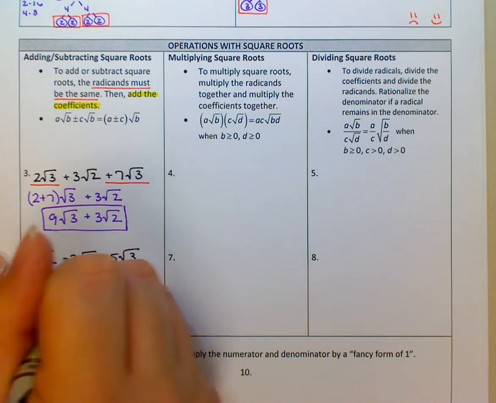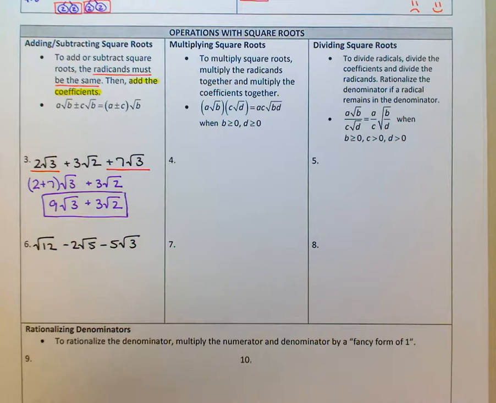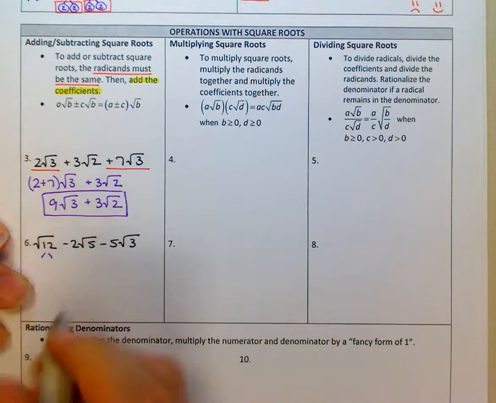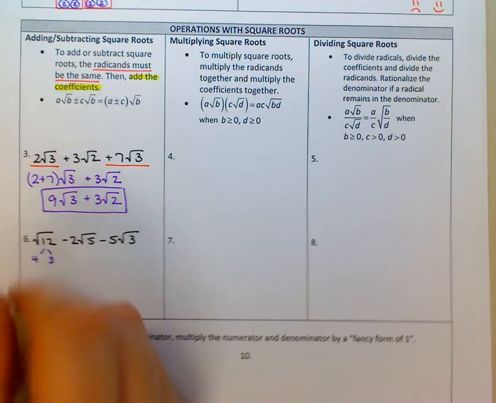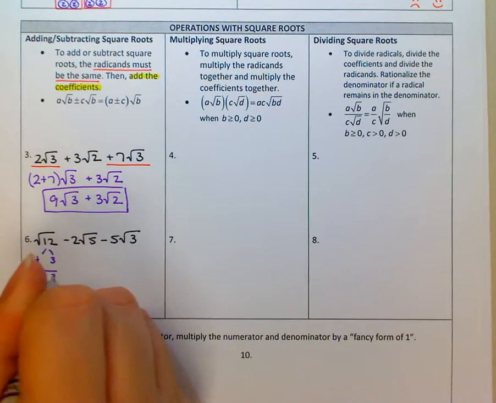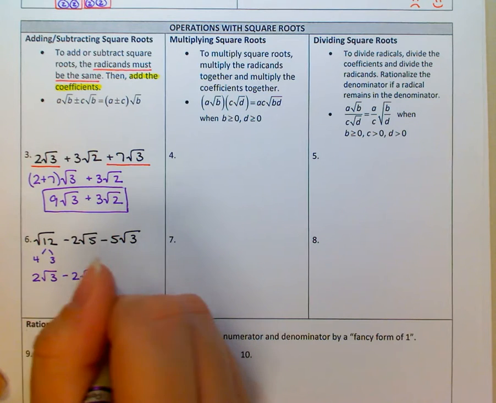Now when you first look at these, you're probably thinking, Miss Miller, these do not have any radicals. And you're right, they don't. We have a 12, a 5, and a 3 as our radicand, sorry. But you should notice that the square root of 12 can be simplified. The square root of 12 has a perfect square of 4. It's 4 times 3. So it's really 2 square root of 3 minus 2 square root of 5 plus 5